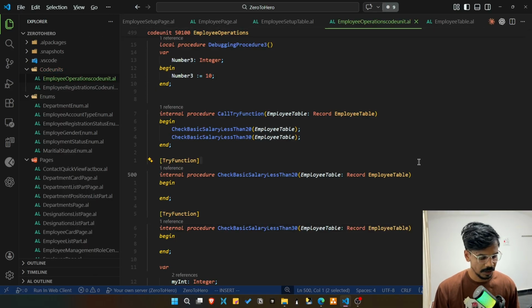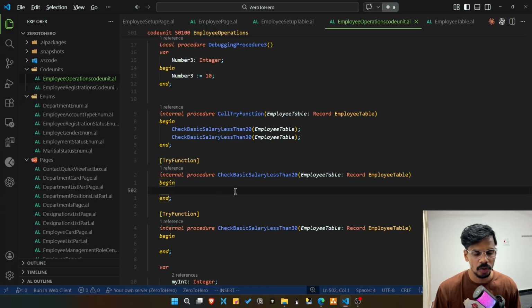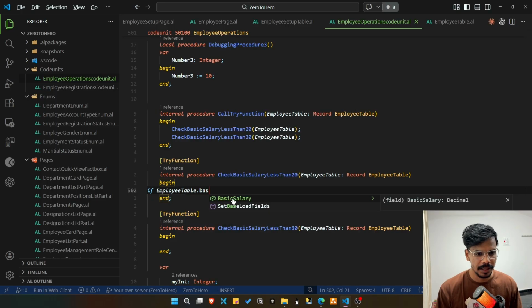Now let us write the code or logic that is around basic salary. So let me go in here. I wanted to give an error message to the user saying, if the basic salary is lesser than 20, or if the basic salary is lesser than 30, sorry. If the basic salary is lesser than 20, I am going to give the error message over here. So let me just do employee table and basic salary. If it is lesser than 20,